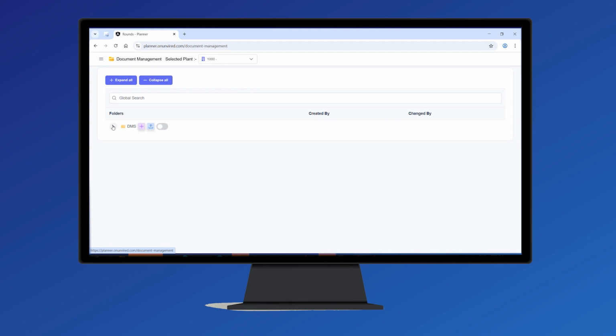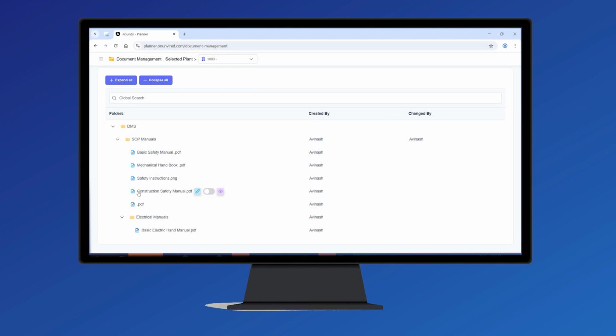If I go to the document management system, this is where you can create your folder structure. You can create multiple folders. So this is the DMS, which is the root structure. If I expand it, you see all the different folders that you can have. And then within each folder, I can create documents. So this is how you maintain your documents. Then if I go back again,